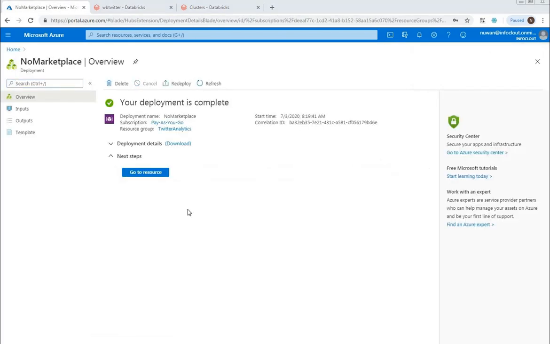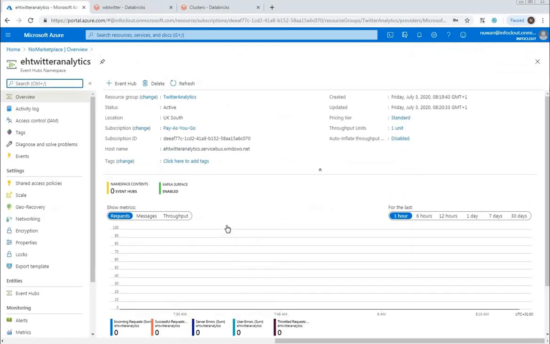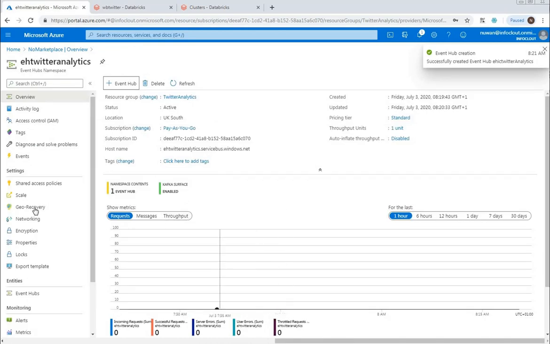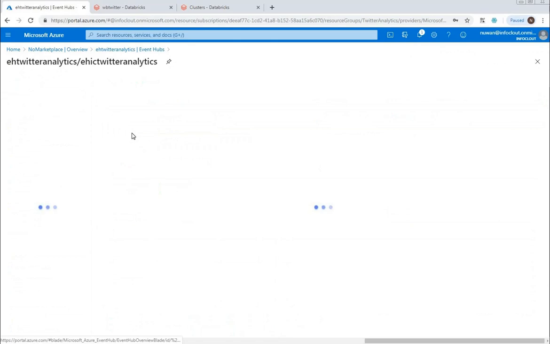Now it says the deployment has succeeded, and we can go to our resource. So we've got a workspace. Now we need to create an event hub. So we create it with a name and the default configuration. Then we go into the event hubs. So we have the event hub that we created,